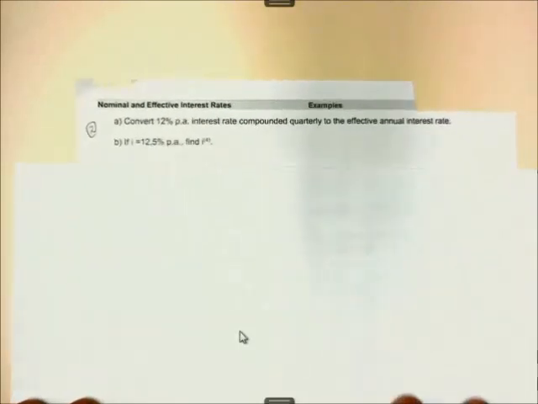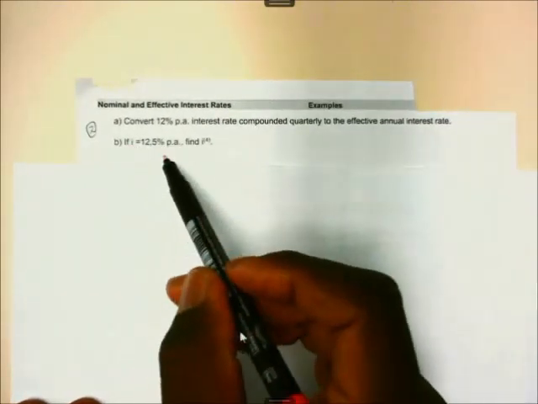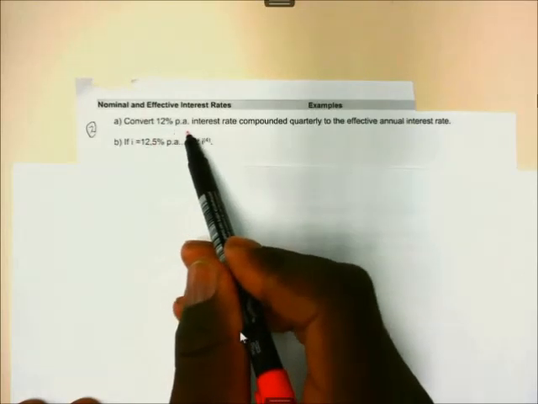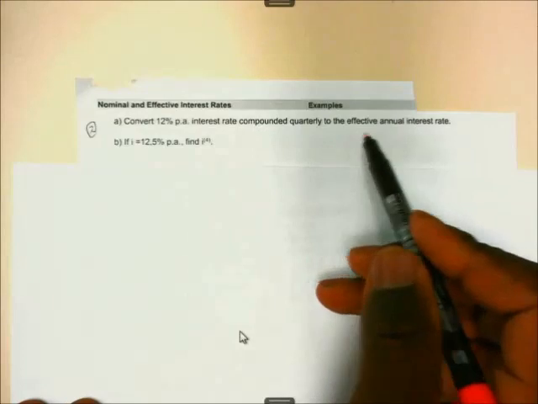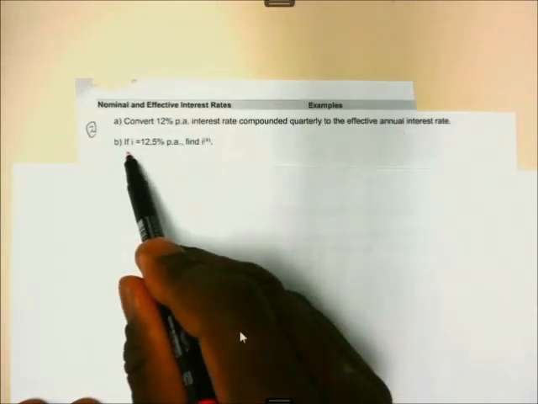Okay, this is the picture of what we have here. Now here we have to calculate our I there. Then the first question says, under the nominal, convert 12% per annum interest rate compounded quarterly to the effective annual rate. Okay, and then the next question,